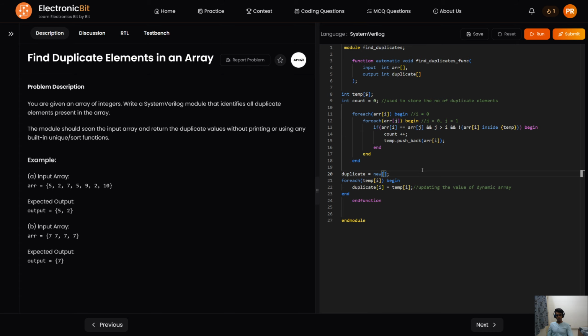And here, in order to decide the value of size, you have the value of count. You can use that because the count would be storing the number of entries in your expected output. So let's say if the count is 2, then the output should only be of 2 elements. So instead of hard coding 2, I will just put the count here. Depending upon the value of count, it will allocate the memory to this duplicate variable. And let's say we try to simulate this code,